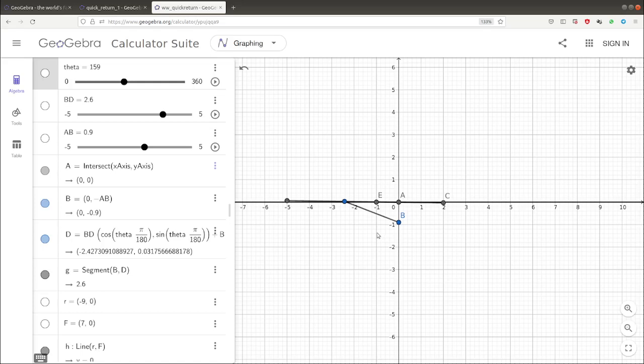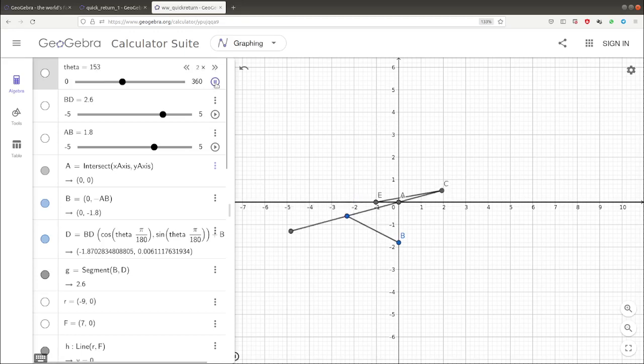And also, if you notice, say I want to increase my QRR, which means I have to decrease my theta r. So how can I decrease my theta r? By pulling this B point downwards. If I pull this B point downwards by doing this, now if I see, that's going to be my theta r, which has got reduced, which means my quick return ratio has increased.